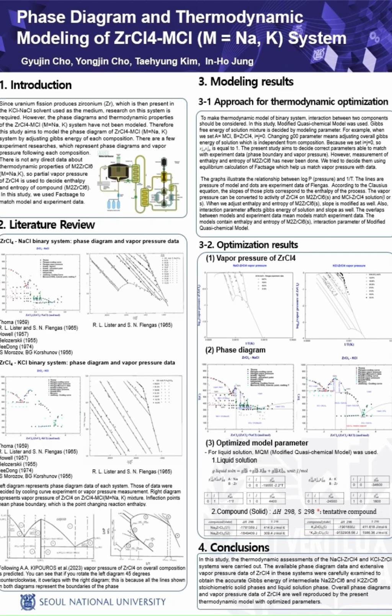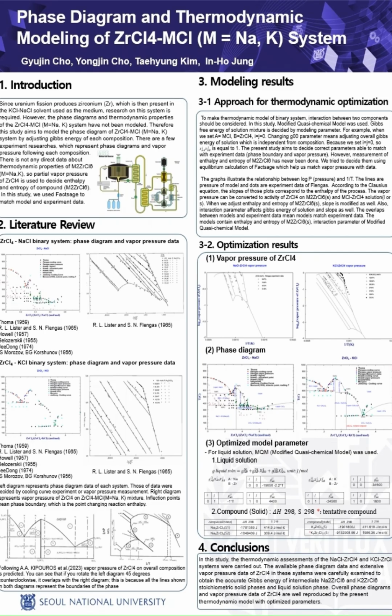Since uranium fission produces zirconium, which is then present in the sodium chloride or potassium chloride solvent used as a medium, research on this system is required. However, the phase diagrams and thermodynamic properties of the zirconium chloride and MCl system have not been modeled. Therefore, this study aims to model the phase diagram of the zirconium chloride and MCl system by adjusting the Gibbs energy of